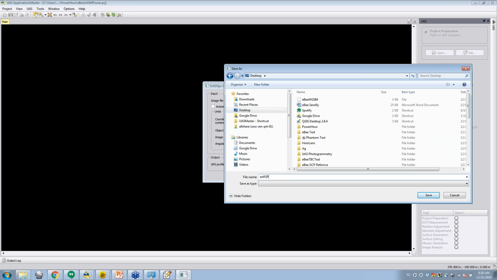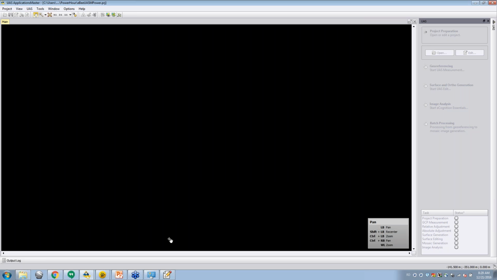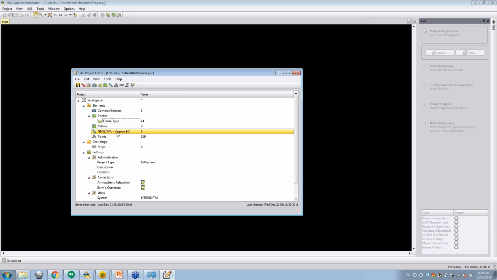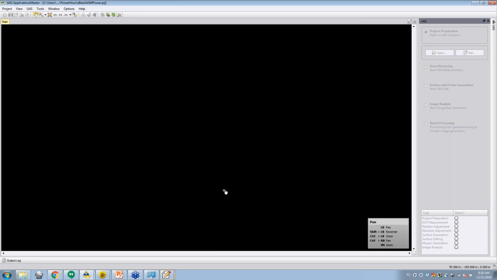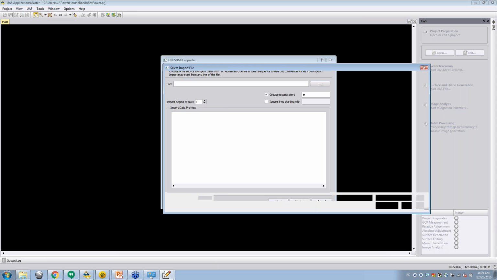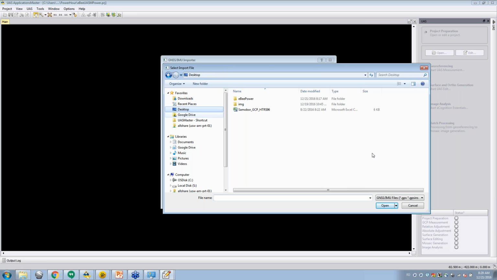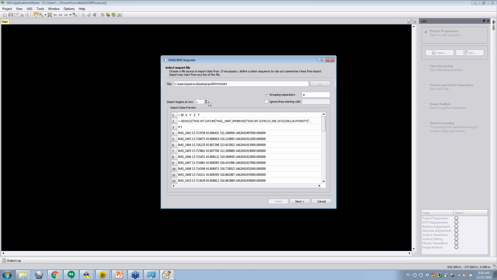So right now I'm saving the text file that I will create of the exterior orientation parameters. I'll save it on my desktop. Hopefully I'll be able to find it again. So click OK, and it should be created. When I go back to the project editor, I can now go to the GNSS IMU and import it. I need to navigate to that file location up here at the top, and I need to change this to all files so that I can view that file I just created, since it is just a file type, it's not actually saved as a text file. And this will import